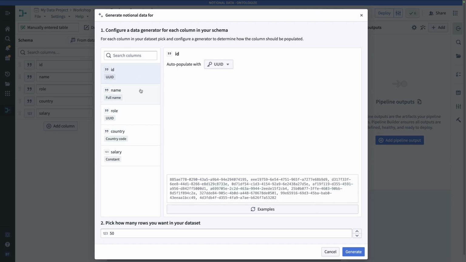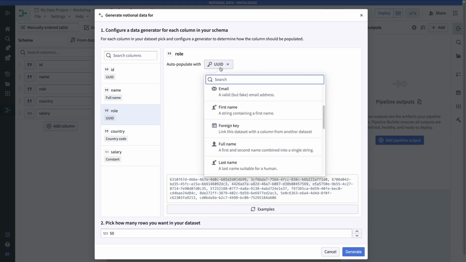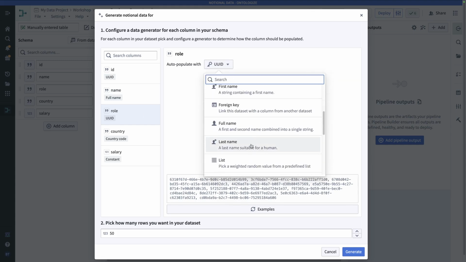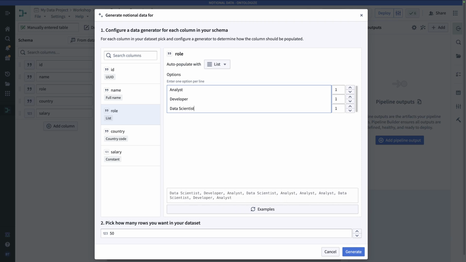For ID and name, we're going to leave the defaults. For the role, what I'd like to do here, just so we get some variation in the data, is choose list. And it doesn't really matter that we get the exact same roles here, but I'm going to put roles like analyst and developer and data scientist and HR manager. And we will leave it at that. So 4 distinct role types here,